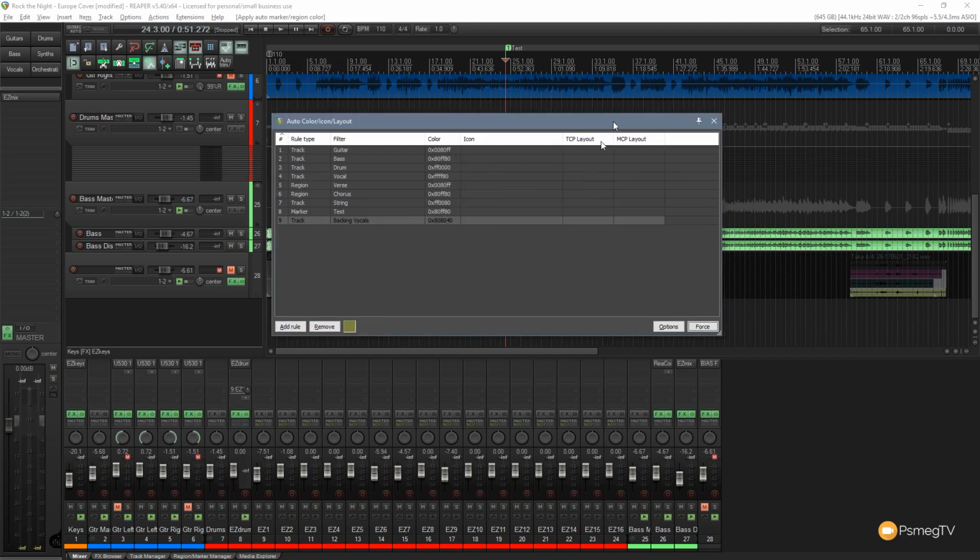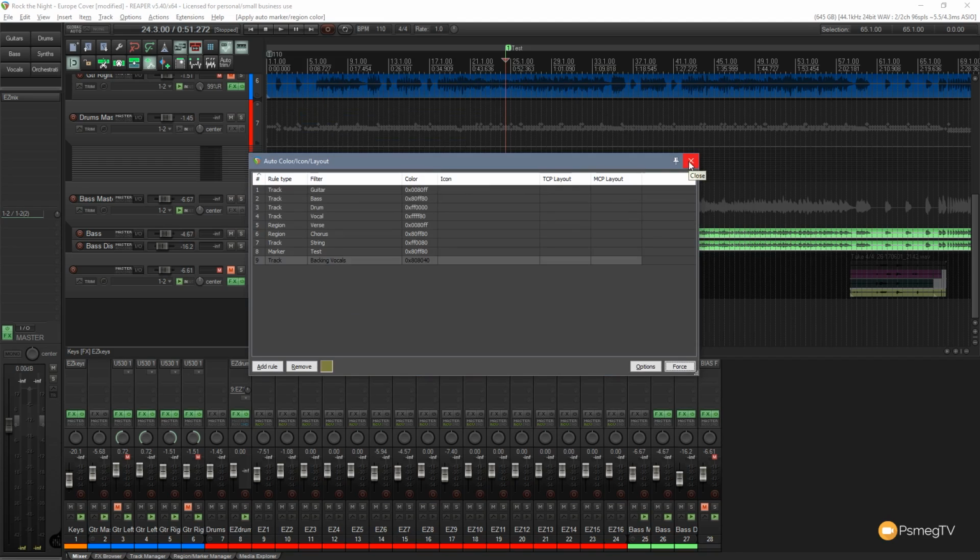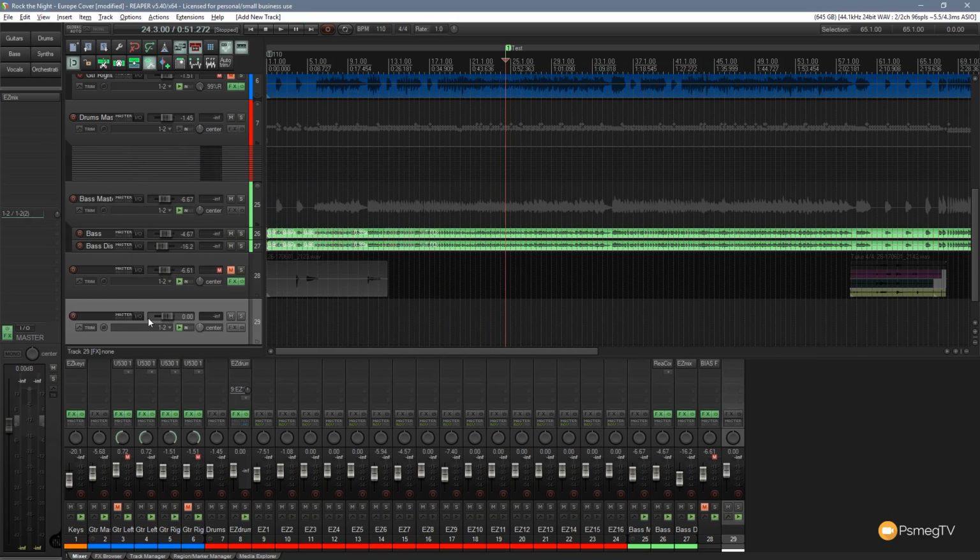So we'll click force just to make sure everything is updated on there. And it's something I want to show you because we've applied this. Now we've got vocals and backing vocals. So there's a level of hierarchy that's used inside this autocolor icon layout option. So let's just move that out of the way. Create a new track. And now if we come onto this and we say vocals, you can see it applies yellow. However, if I put backing vocals,